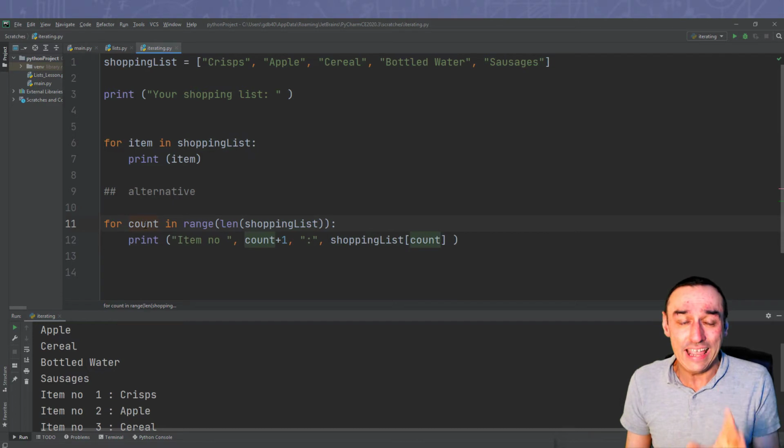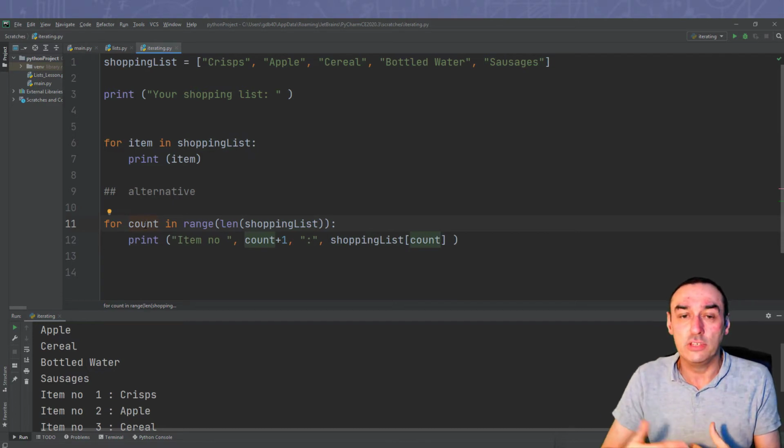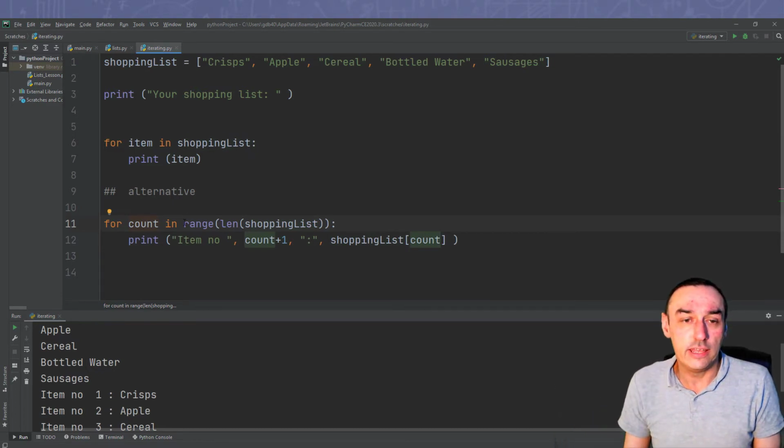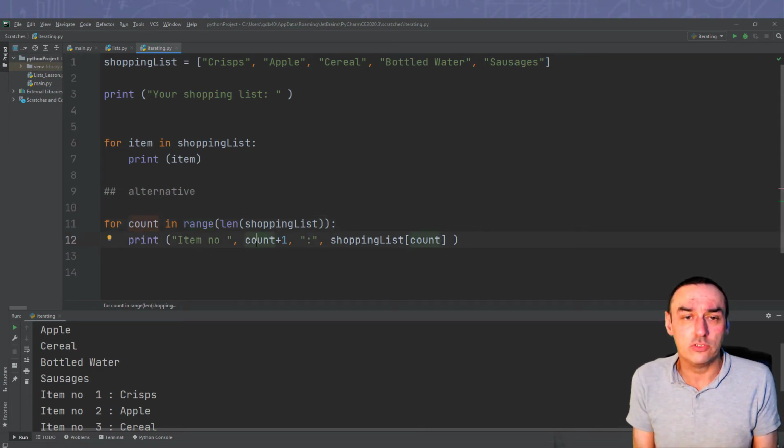Now remember, we've got the count here, which will count from 0 to whatever elements are in the list. So I print item count plus 1, because count is starting from 0 and I want it to start from 1. And then I say the contents of the shopping list at index position count. Okay, so this will iterate and produce a list. So if I run this,